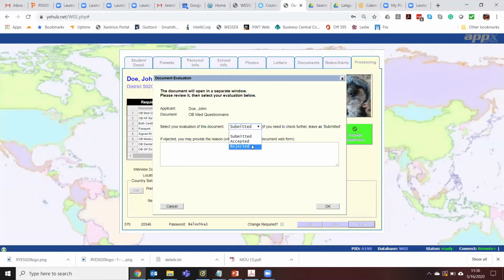Oh, you didn't check the immunization box, or you left this blank, or you left that blank. So the student will receive information back to let them know what needs to be done. So basically, that's what we're saying. We just want the YEO to look over this and make sure there's nothing wrong, and then deal with the problems.